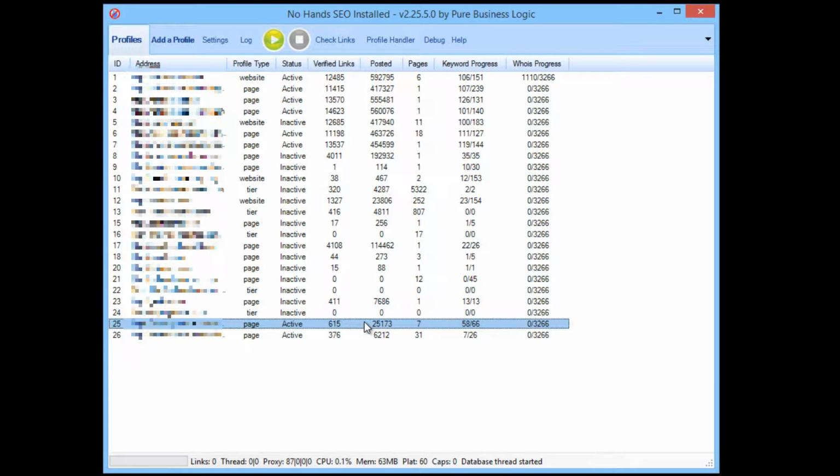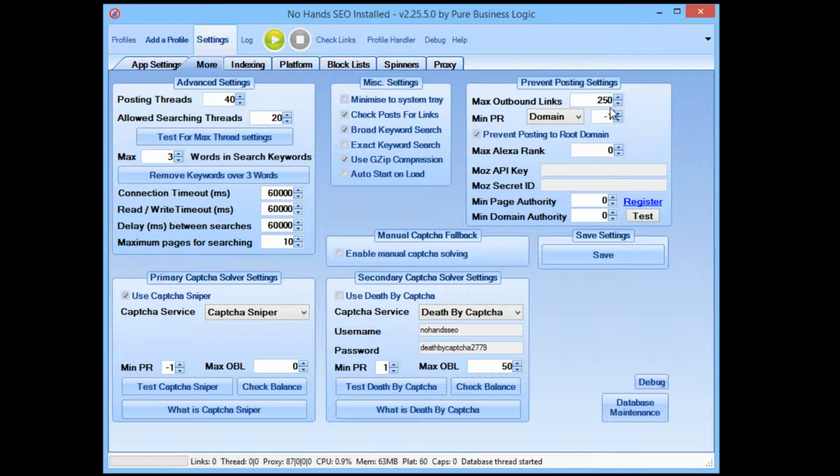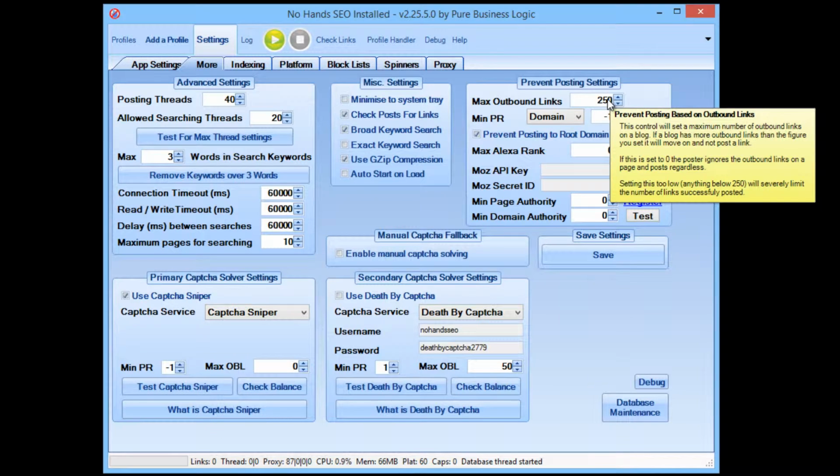Now, there's nothing really crazy that I did to set up this profile. All I did was I went into the settings in more, and I set the maximum outbound links to 250. Now what that'll do is that will mean that No Hands SEO will not post to any page where there is more than 250 links out from that page to other pages. Now obviously if the site's been spammed quite heavily, there's going to be thousands of links on that page to other different websites. Now we don't want those sort of links, so all I did was I limited it to